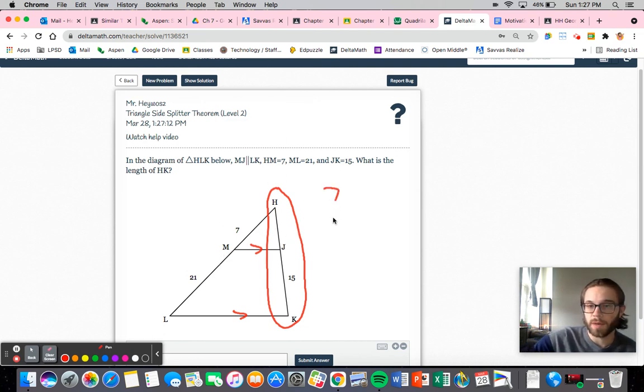7 is to 21 as x is to 15, right? So clearly if 7 is to 21, that simplifies to a third, right? So x has to equal 5. So that would be 5, right? So that would make this whole thing 20, because 5 plus 15 is 20. Alternatively, what you could do is,